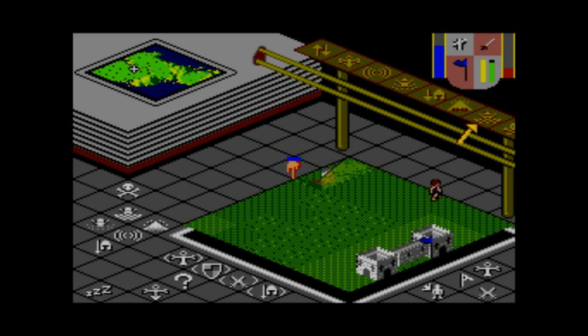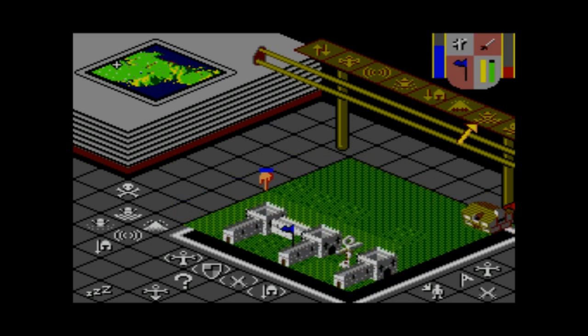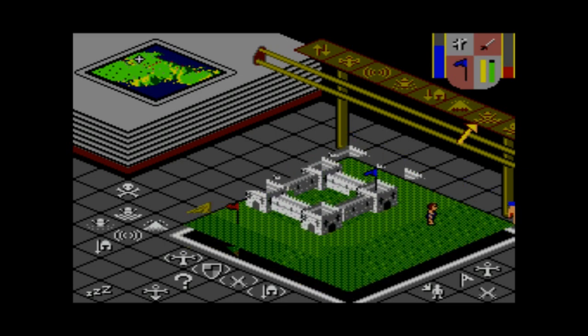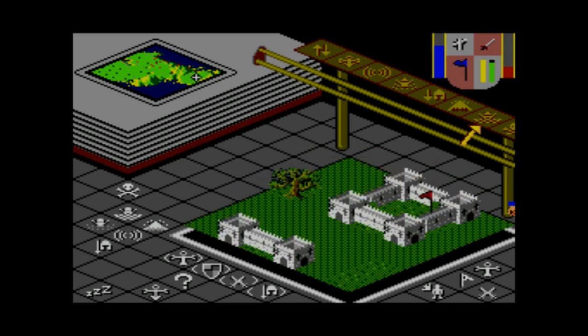And as you can see, the blue bar is a hell of a lot higher than the red bar. And what that means is I've got a lot more men. I've got a lot more power than them. I'm gonna go into the heart of their territory